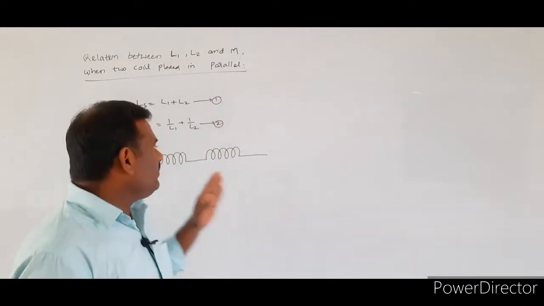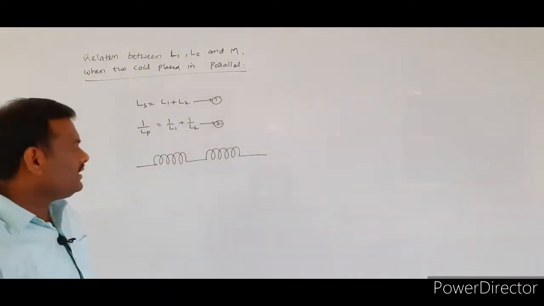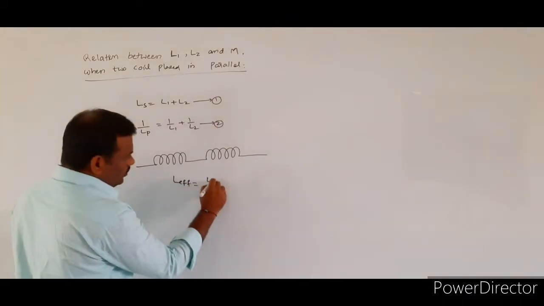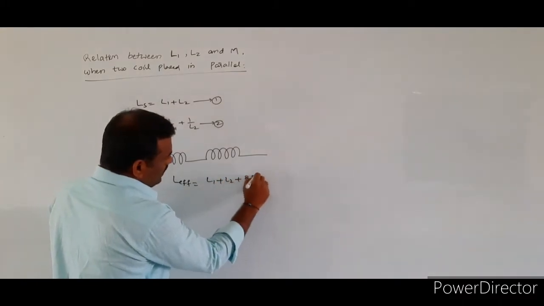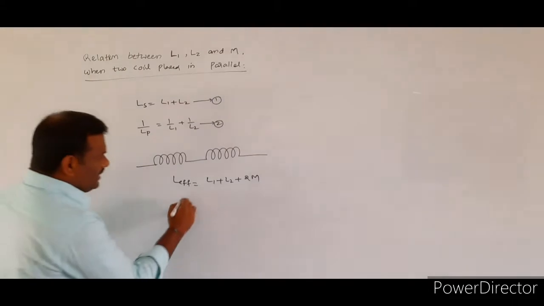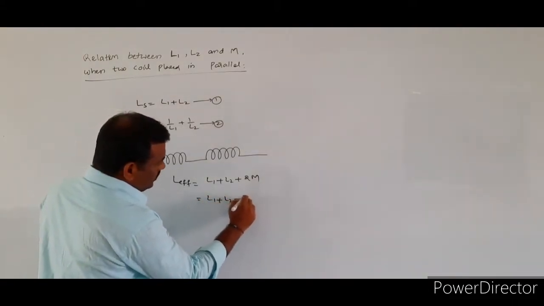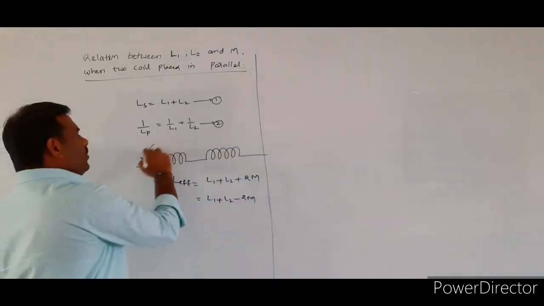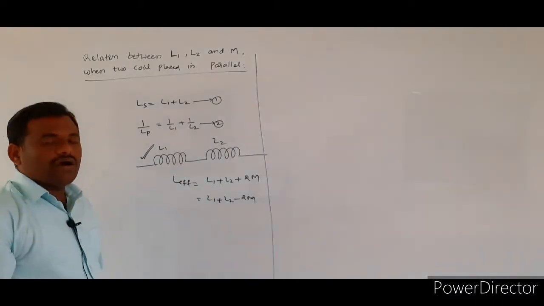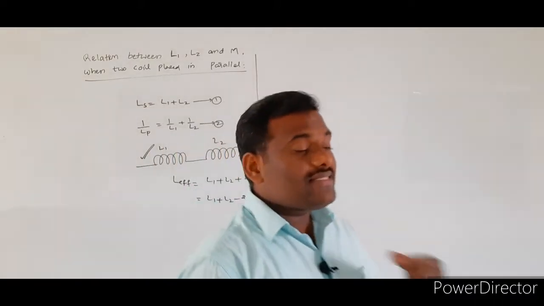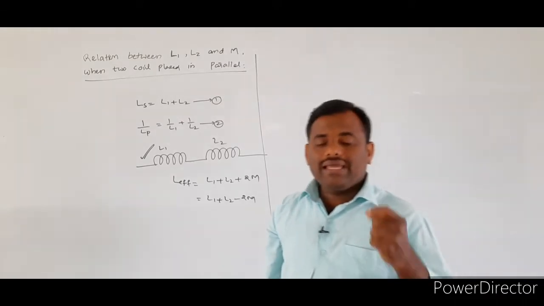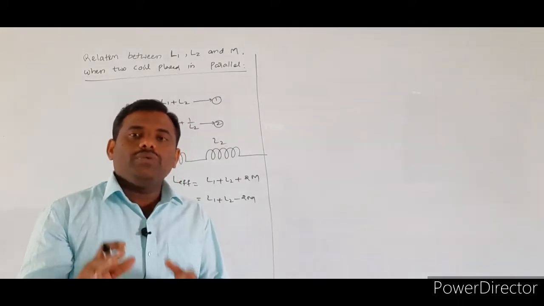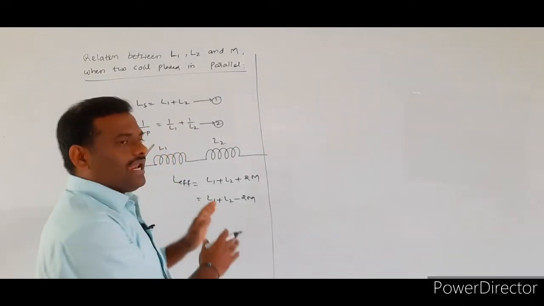So, by combining the individual EMFs of the two given coils, we derived the formula for L effective: L1 + L2 + 2M in the first case. In the second case we derived L1 + L2 - 2M. So, these are the relations we got whenever the two coils are arranged in the series combination, and moreover by considering the phenomenon of mutual induction, which we discussed in the last lecture.